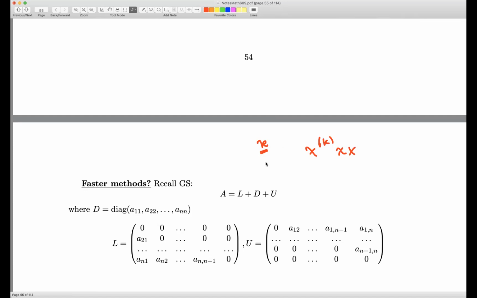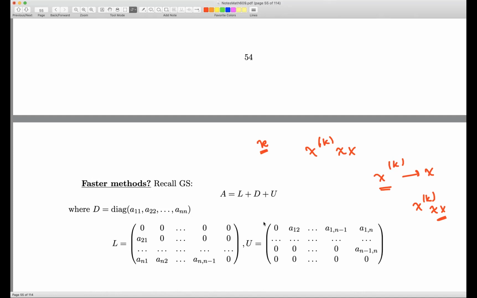We will approximate x faster using x_k, and since this will be faster, you will stop earlier and get a good approximation of the exact solution,